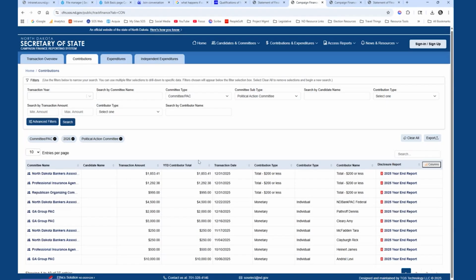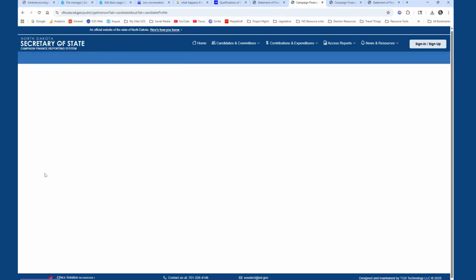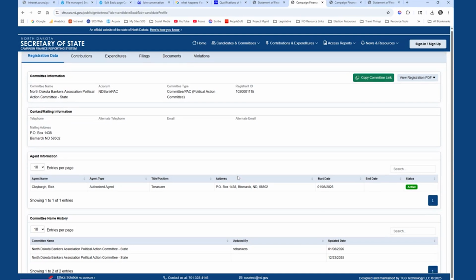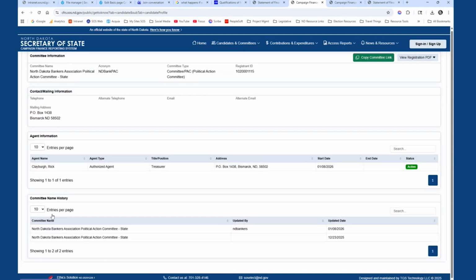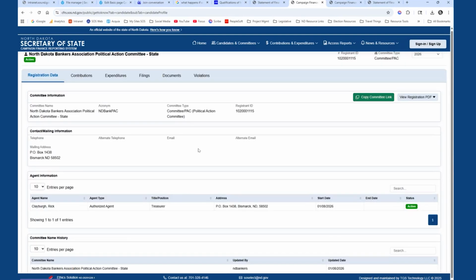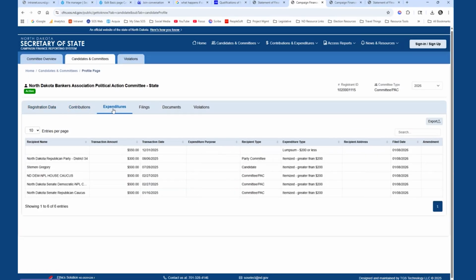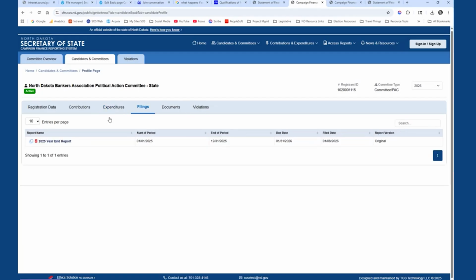You can see transaction totals, year-to-date totals, etc. If I want to click on any one committee or PAC, there's a link. As you can see, if I click on that, it's going to take it to like a summary page for your committee or PAC. So people can see who they can contact, who's the agent for your PAC. They can look at contributions and expenditures only related to your specific PAC, or any filings you have made, such